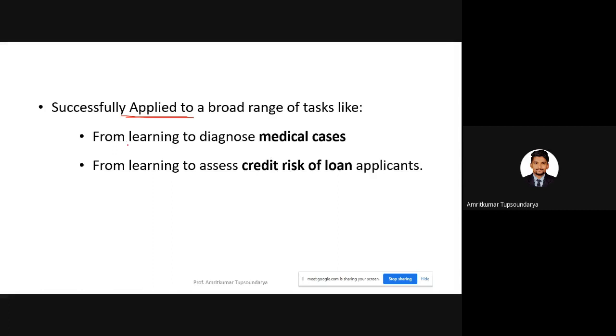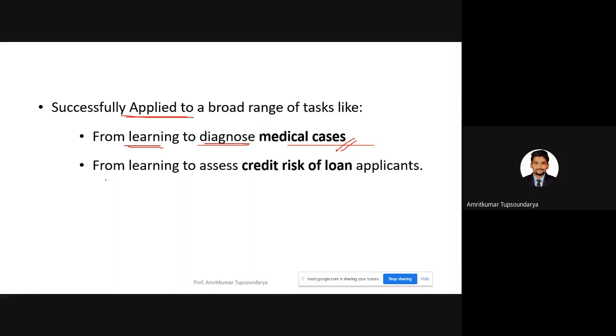Let's say from learning to diagnose a medical case, right? So those who are planning a final year project with respect to diagnosing a particular kind of disease, let's say a particular kind of cancer, right? How to train, which algorithm to be used, how to train that particular model. I think those things will be clear as and when we proceed subsequently in the lectures here in the subject. So one application of the decision tree learning algorithm is that it is able to learn as well as diagnose medical cases.